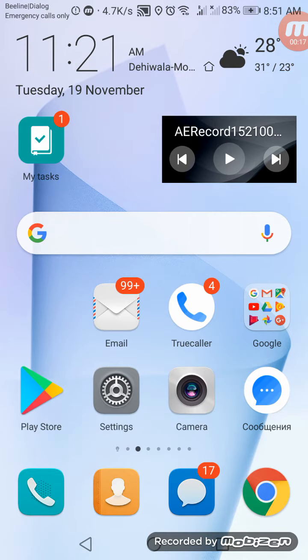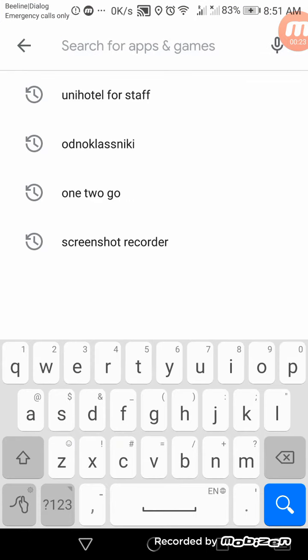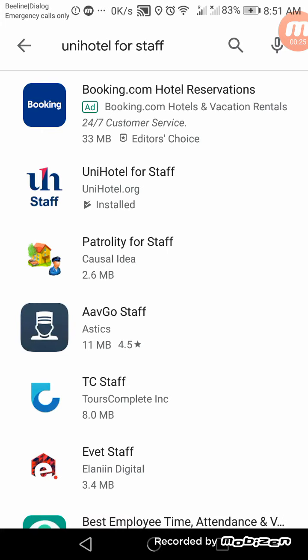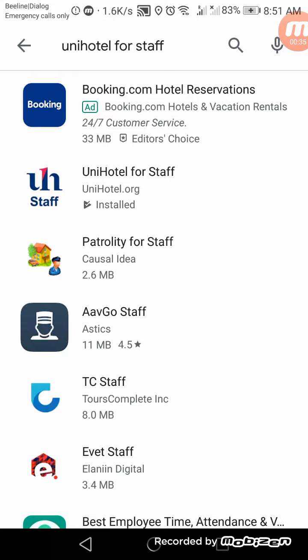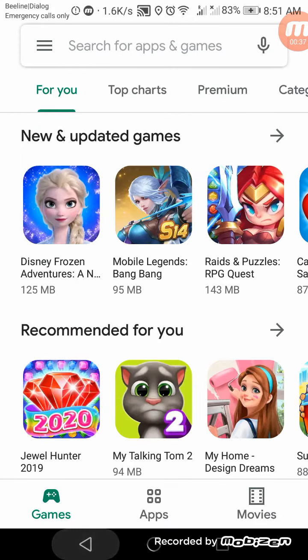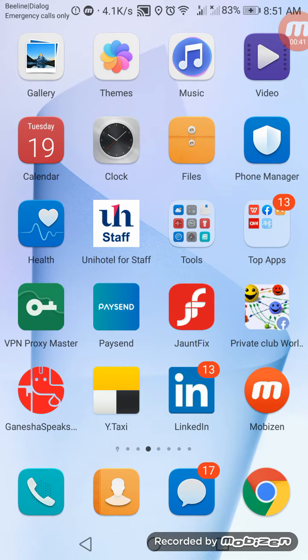So first, you have to go to Play Store and find the application which is called Unihotel for Staff. So just install it. Mine is already installed. So go back and just log in with the same password and same email address